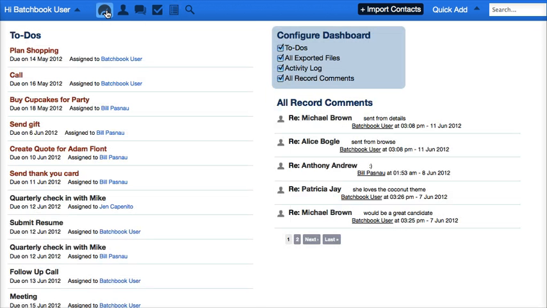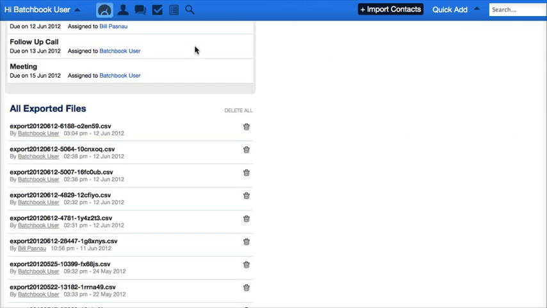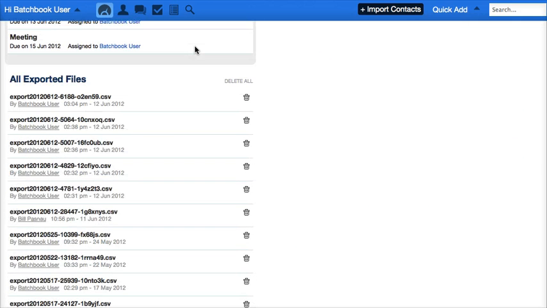Well, that's a simple tour of our list and reports. I know there's a lot more information there, so if you have any questions about how to get your data out of Batchbook or how to build the list or search that you're looking for, please just send us an